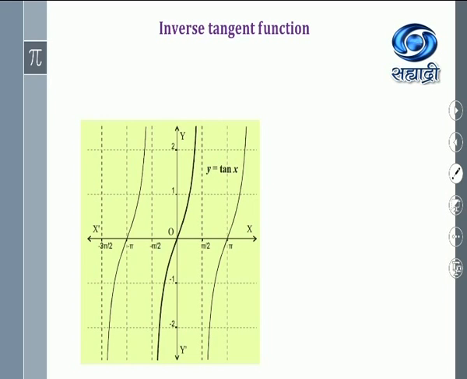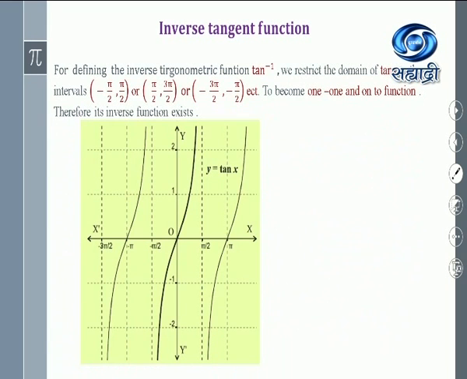With the horizontal line test, if I consider this interval, say minus pi by 2 to plus pi by 2, draw the horizontal line that cuts the graph in only one point. Draw the horizontal line, again it cuts the graph in one point. So if I am drawing the horizontal lines, then the graph cuts in only one point. Therefore the function is 1, 1 function from minus pi by 2 to plus pi by 2.